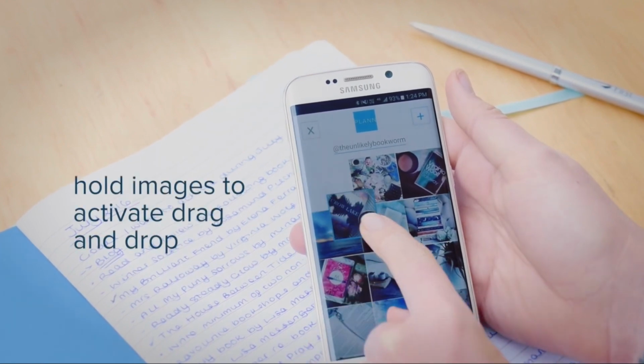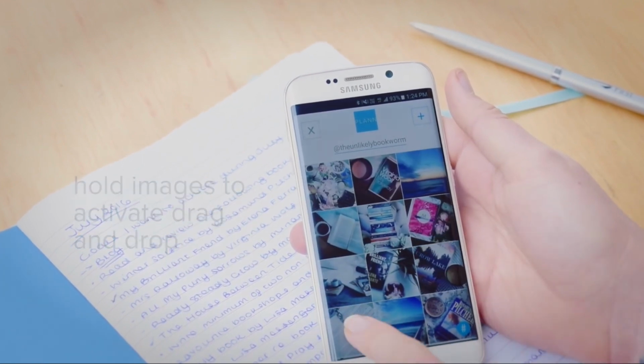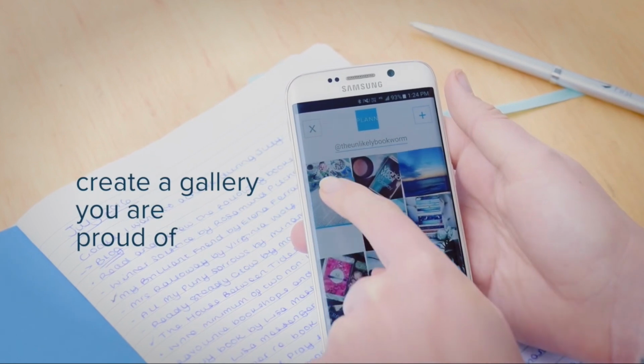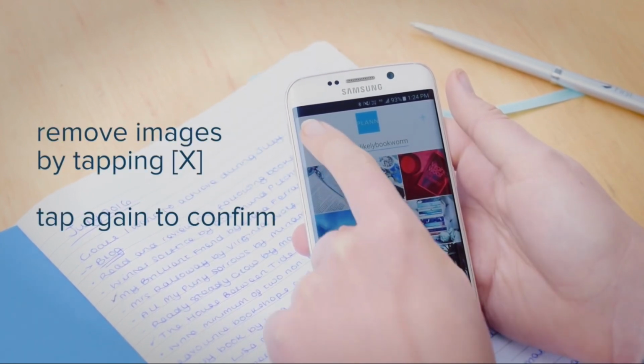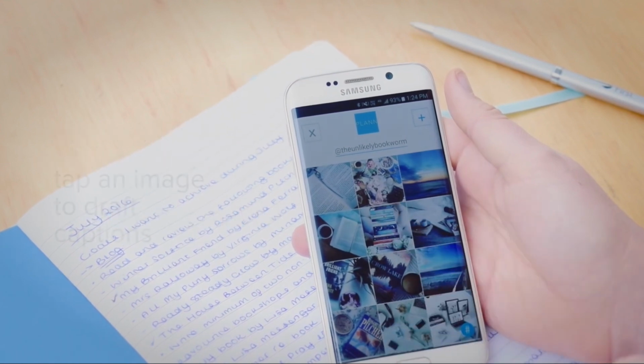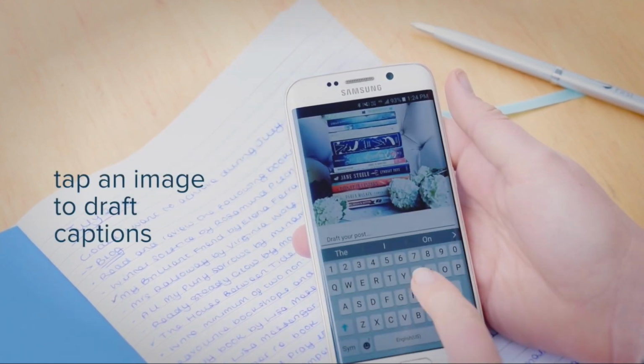I collaborate with a couple different clients, so it has become worth its weight in gold because I can throw up all the content on there, and I can lay it all out like it's going to look on my Instagram grid, and then the client can jump in there and move stuff around or ask me questions about it.